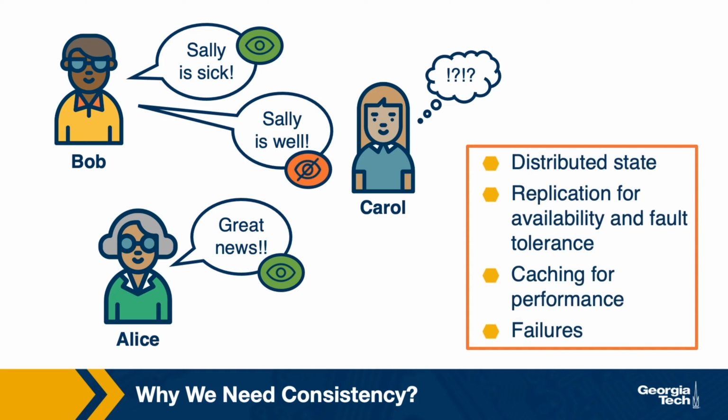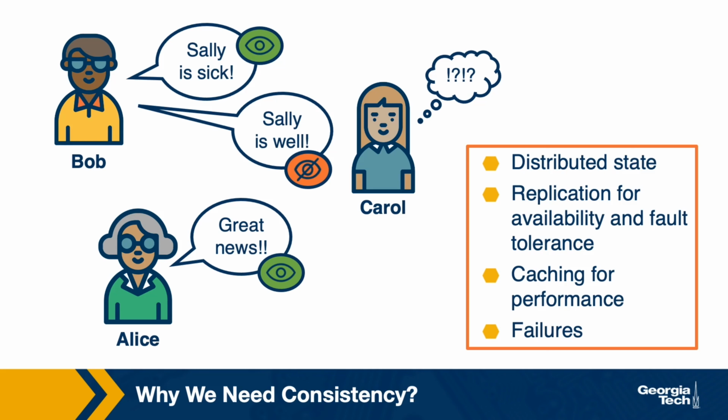Ensuring the correct ordering and propagation of all of these updates is hard in distributed systems because we replicate state to multiple locations in order to deal with failures or to ensure availability and responsiveness of the system, regardless of load and network partitions. In addition, we also have extensive use of caching as a technique to improve performance. So we need some guarantees on how updates to a distributed state are propagated and become visible externally to the different users of the system.